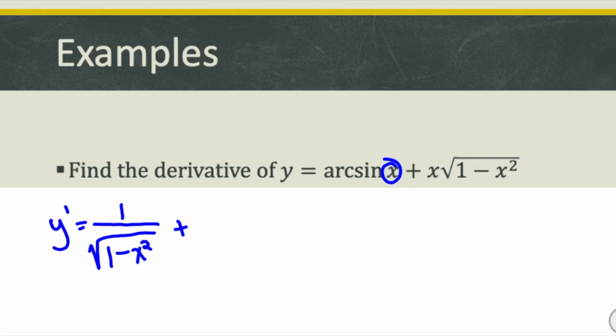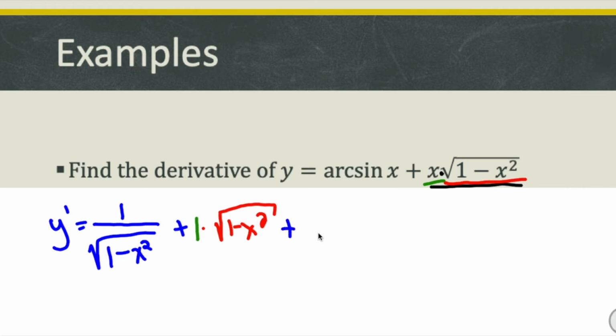Plus, when we do the derivative of this second part here, this is a product rule because we have two functions. We have the function x and we have the function square root of 1 minus x squared. So what I'm going to do here is I will color code these. So I'll color code that x is my green function, and then the square root of 1 minus x squared is my red function. So when I do this derivative right here, we're going to do the derivative of the first, which is 1, times the second, so times square root of 1 minus x squared, all under your square root,